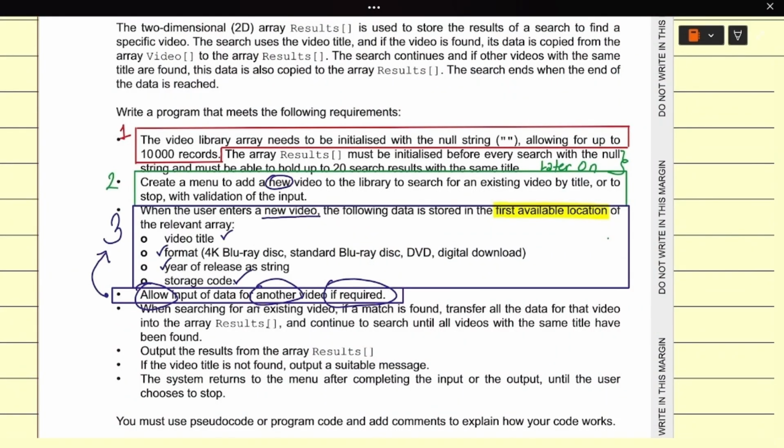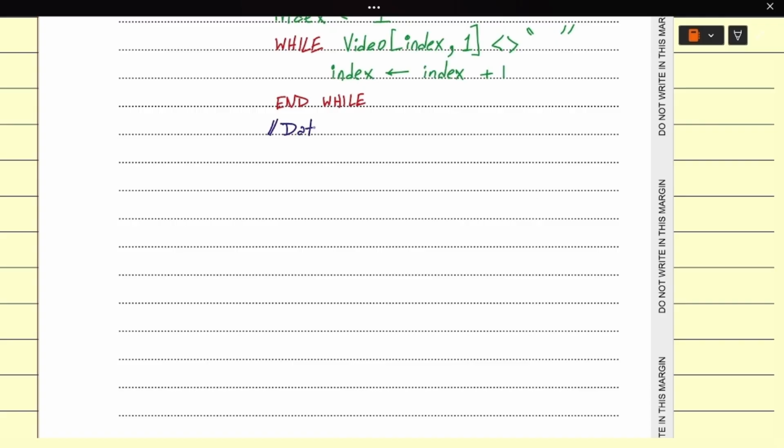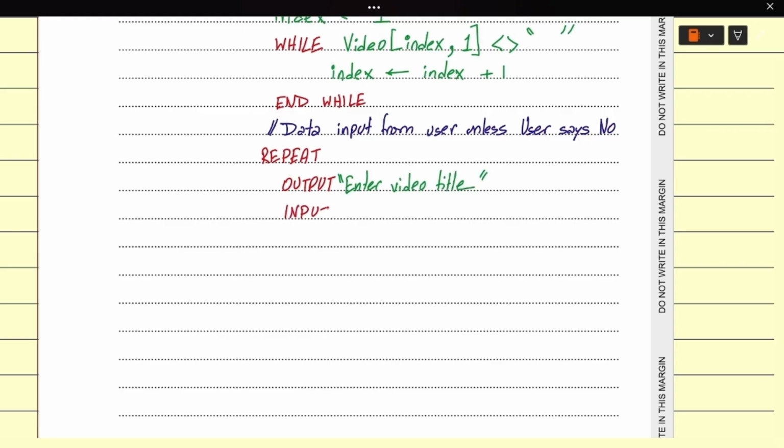So if choice equal to 1, we need to input the video titles. So data input from user unless user says no. For that, we need to start a repeat loop and output enter video title, and we will input that video title in the video array.